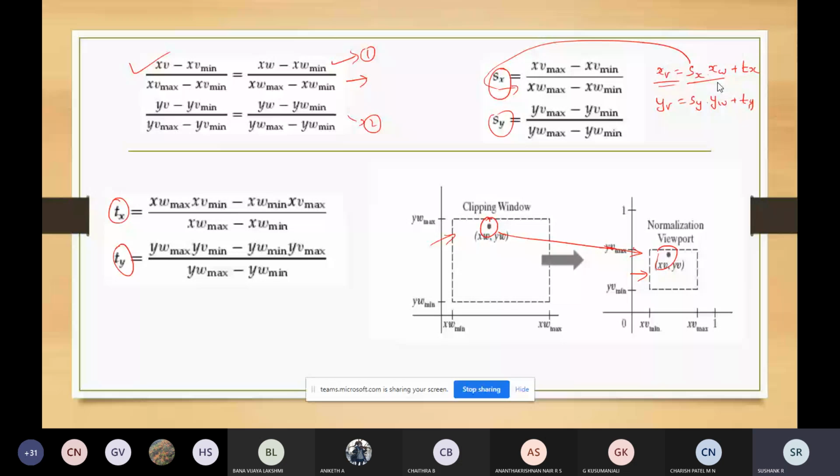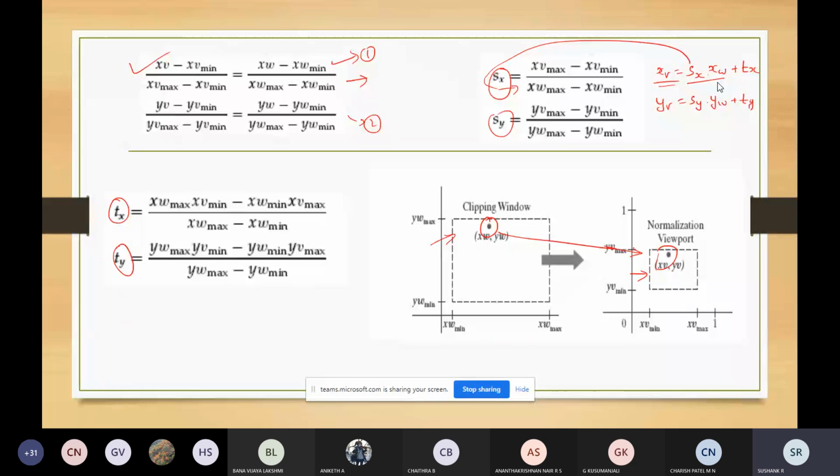So you have got the formulas to perform the transformation from the world coordinate clipping window to the viewport. What is the sequence being followed? First you are scaling the clipping window, sx into xw.